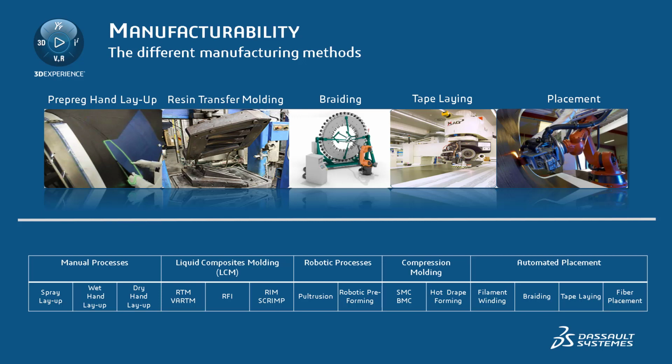Liquid composites molding techniques are made with software partners like ESI or Convergent. Forming processes are executed with the dedicated CATIA application and software partners like Convergent for HDF. Automated placement processes like braiding, tape laying, or fiber placement are realized with software partners like Coriolis, Ingersoll, MAGFIVES, or